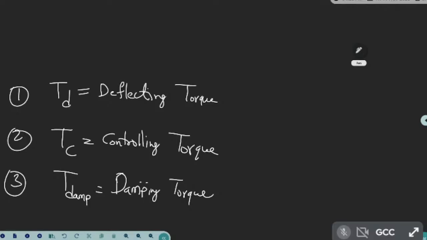If you are able to understand the definition and how we are implementing these torques,